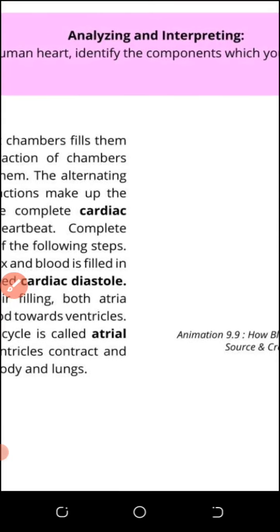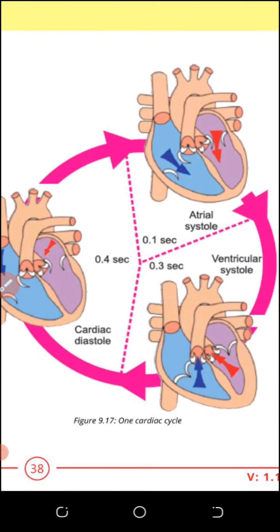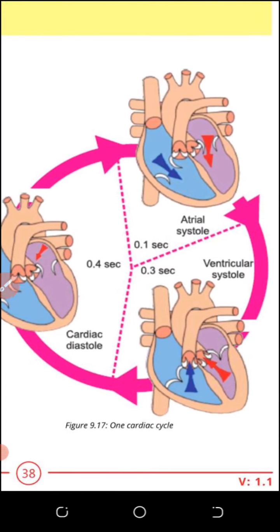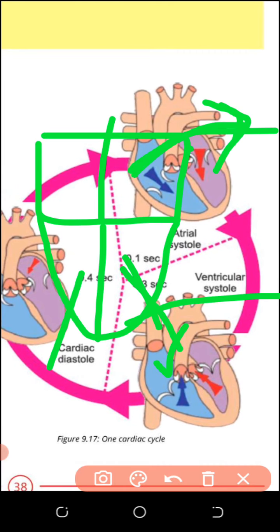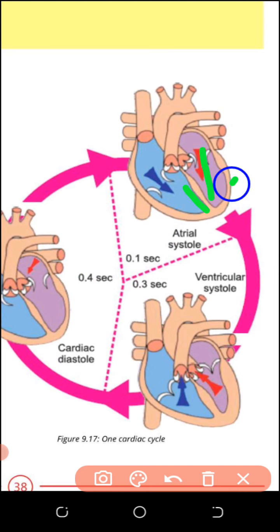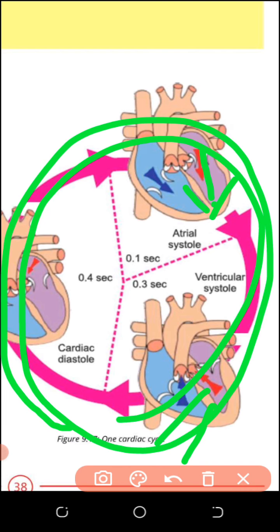This is also called the cardiac cycle, because the heartbeat you feel is just the atrial systole and the ventricular systole. Atrial systole means the atria contract, which takes 0.1 second, because the blood flows from the atria to the ventricle. Then the ventricles contract, and that takes 0.3 seconds. Then the heart relaxes for some time, because there is too much work in pumping the blood from the atria to the ventricle, and from the ventricle to the lungs and to all parts of the body, especially the left ventricle. This whole cycle is 0.8 seconds, and that is called the cardiac cycle.